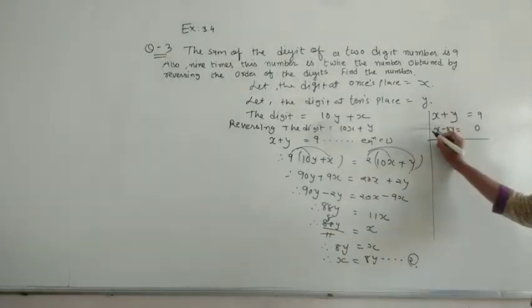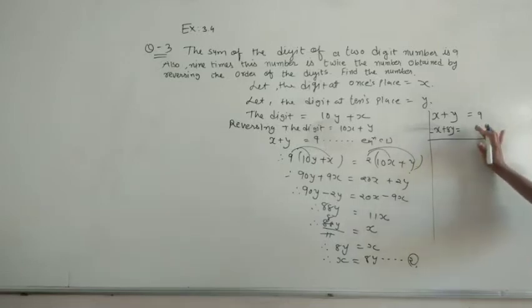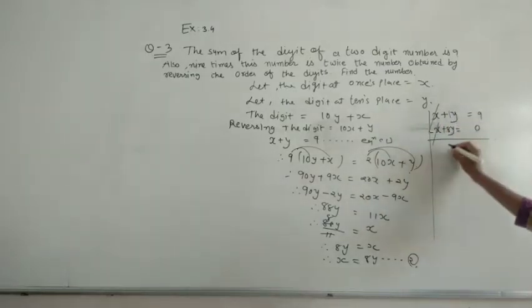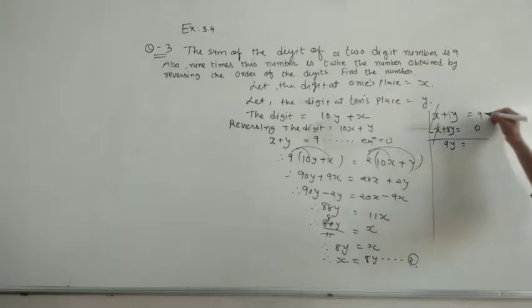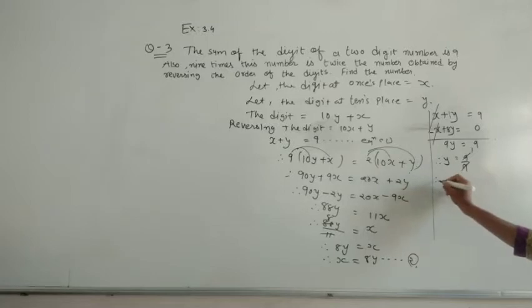If I am changing the sign, this will become minus and this will become plus, and there is no need to change the sign of 0 because 0 does not have any sign. So here this is plus and this is minus, they both will cancel out. It is 8 plus 1, it will become 9 now. 9 minus 0 or 9 plus 0, it will filter out and it will look like 9 only. Then y equals 9 by 9, so 9 ones are 9. So we got the value of y equals 1.